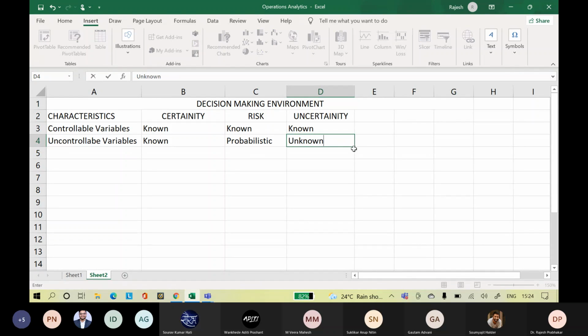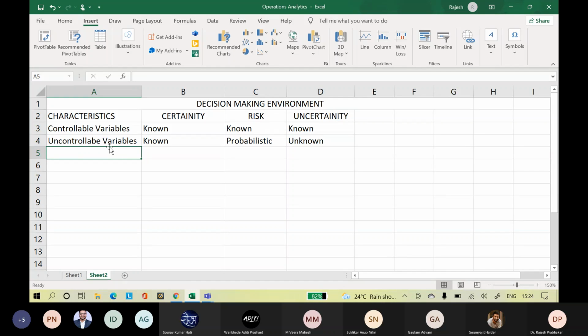So there are a lot of uncontrollable variables which will come suddenly, like your Evergrande getting stuck, followed by the containers getting stuck in different locations, ships and all. Till now, that ripple effect of container shortage is felt all over the world. Even today, containers are in shortage.